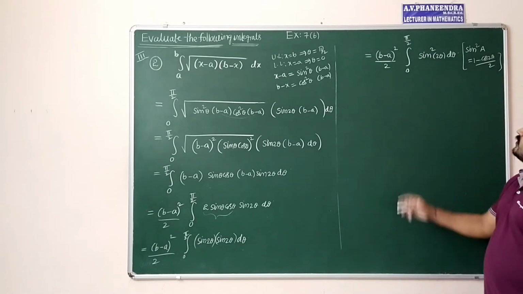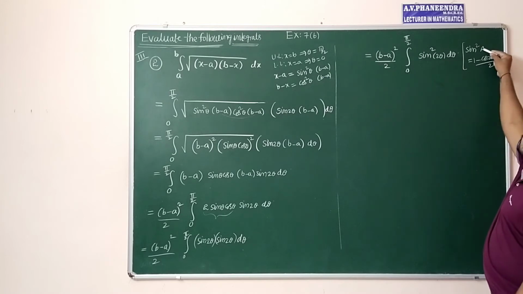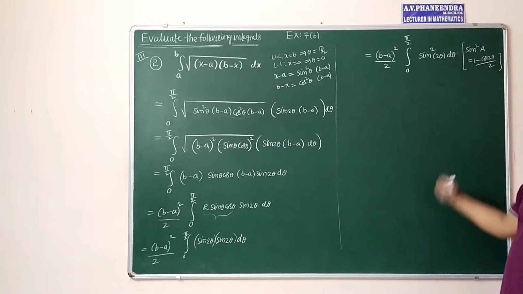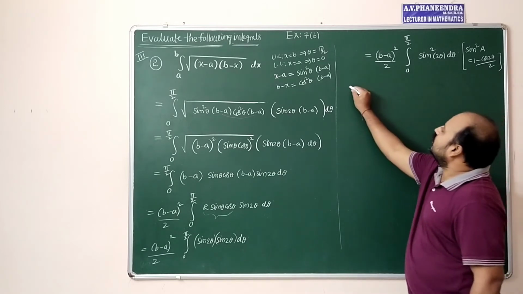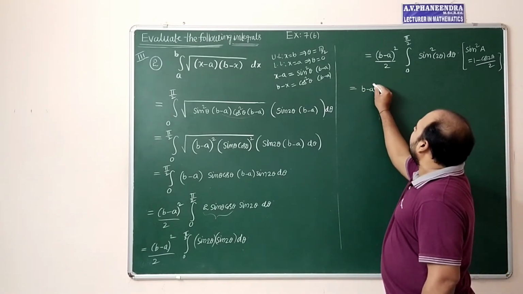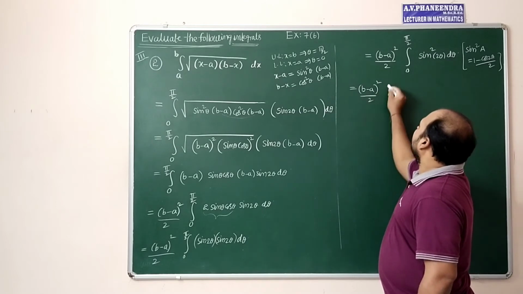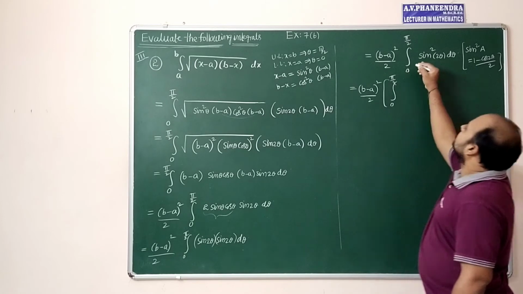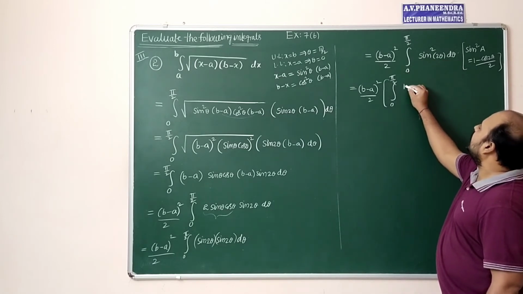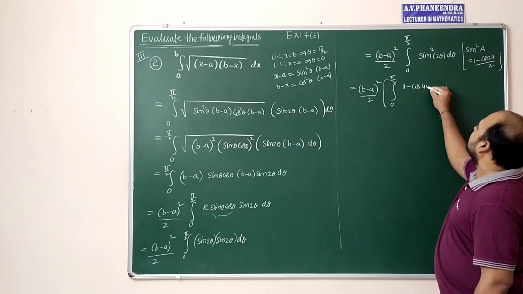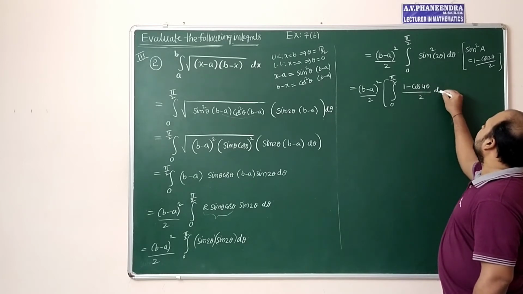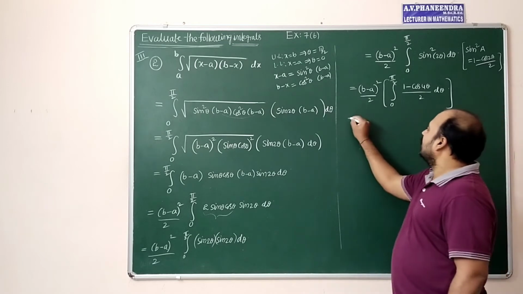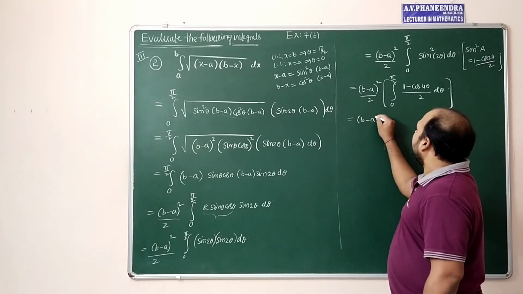Similarly, sin square 2 theta, here a is there, means twice the angle we are getting there. So here 2 theta is there, meaning the answer is 4 theta. Now (b minus a) whole square divided by 2, into the integral 0 to pi by 2 of sin square 2 theta, which is (1 minus cos 4 theta) divided by 2, into d theta. So the 2 constant we can take outside, it will become 4. So (b minus a) whole square divided by 4